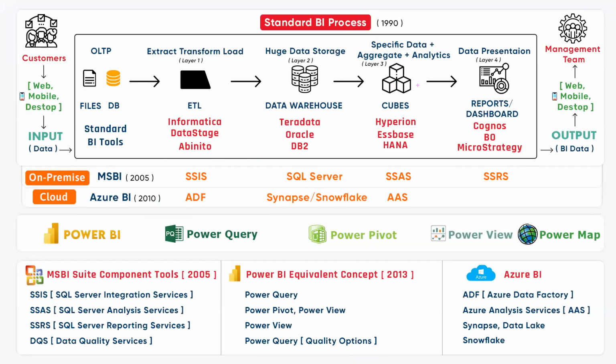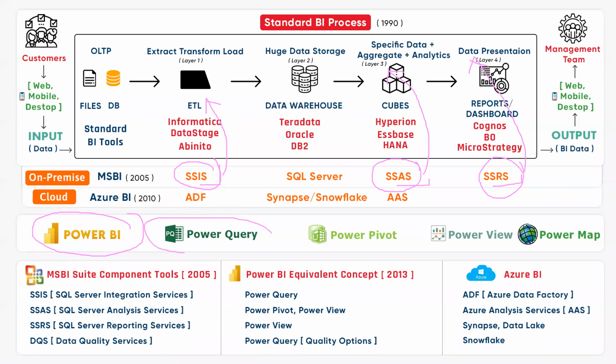MSBA, to perform this BA process, SSIS required in this layer, SSAS, analysis services required in this layer, RS, reporting services required in this layer. Integration services here, analysis services here, reporting services here. But Power BI level,